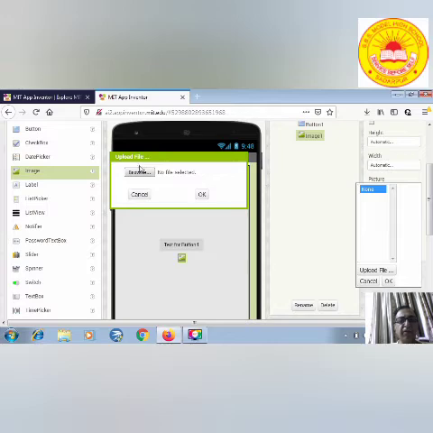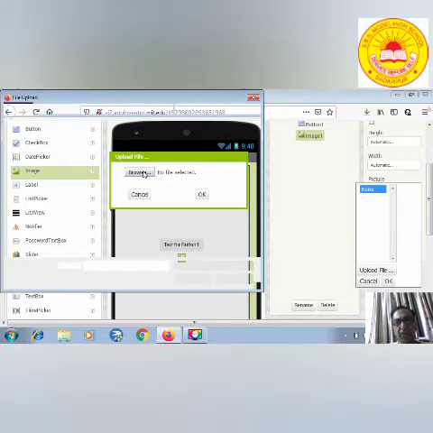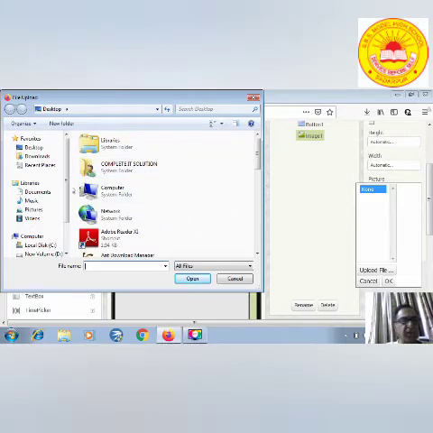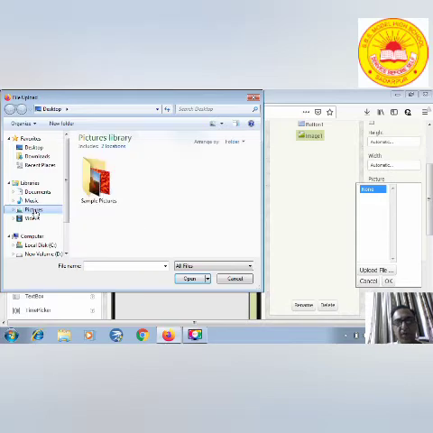Locate your picture file from your computer. It will open a dialog box and select the file which you want to upload.